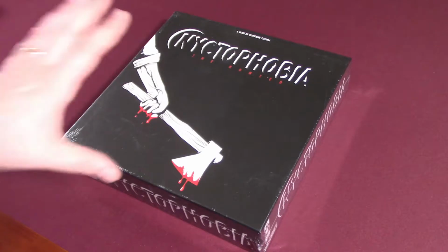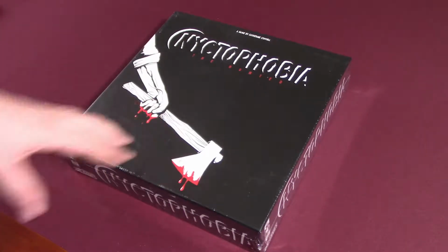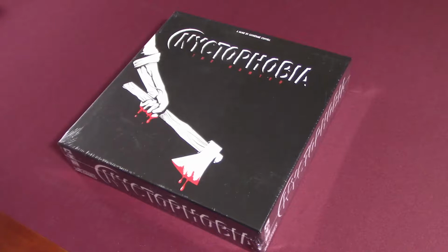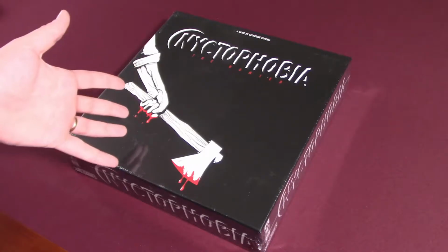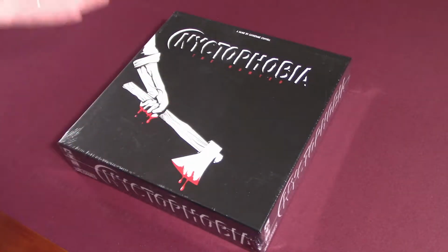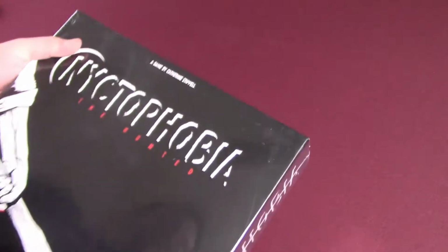This is Nyctophobia, a game that I'm really interested in getting to the table and trying because of its uniqueness. I'm going to unbox this puppy and maybe get it to the table sooner rather than later if I'm lucky. It's a game that blind people can play, which is really cool. Very interesting concept. I've heard that maybe it's more of an experience than a game because, well, I'll get into that later. I don't really know exactly how it's going to work, but I am very excited and interested in